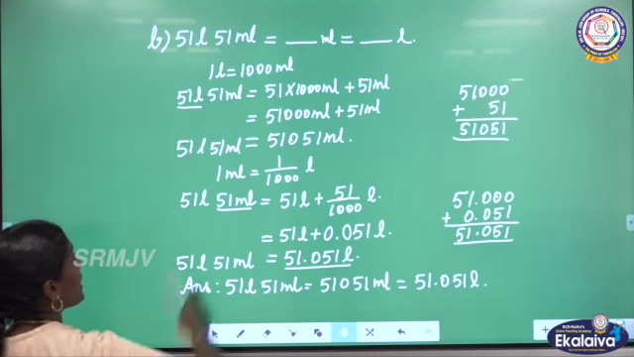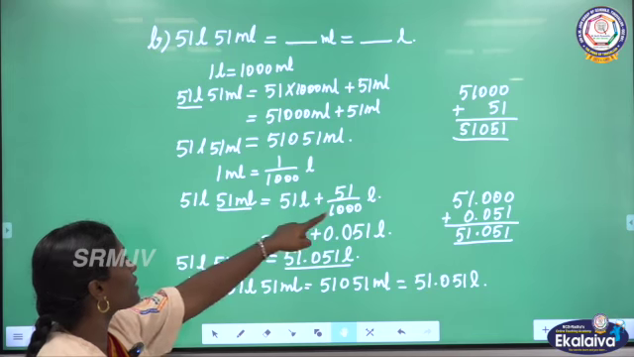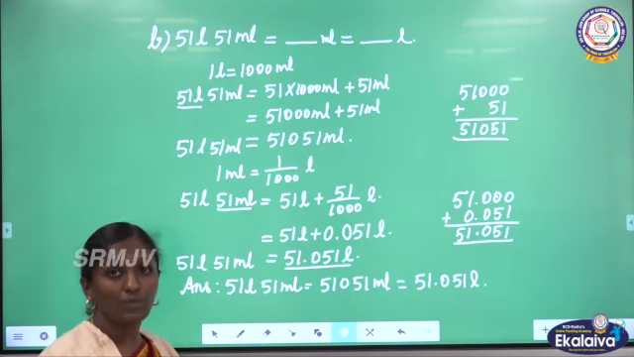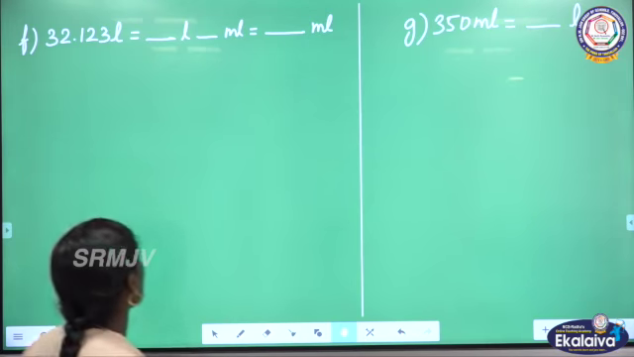By using multiplication, we have converted the greater unit to smaller unit. After that, by using division, we convert the smaller unit to greater unit. Was it clear, children? The next one,